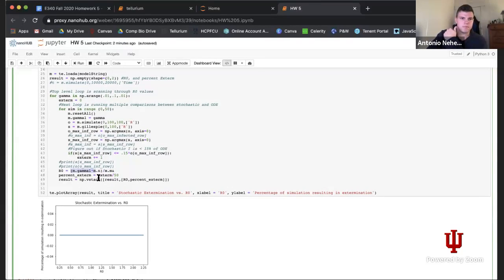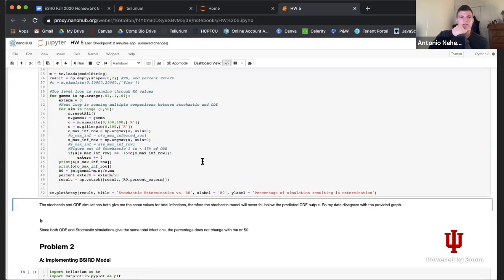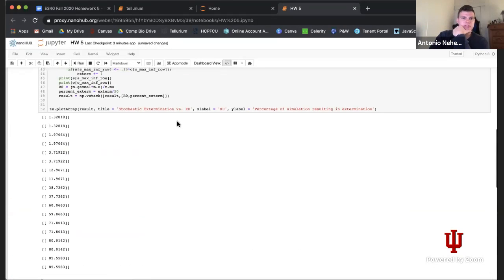then plot the percentage eliminated. So this was the extermination result. Okay. So what you got here was that nothing happened. Is that right? Yeah. So if I print out the maximum values of each gamma set,